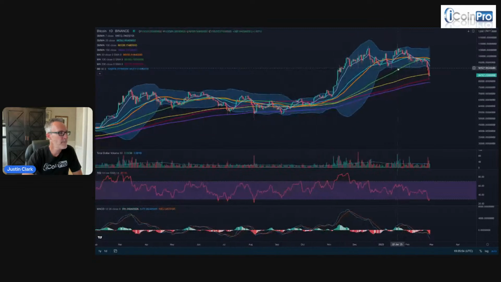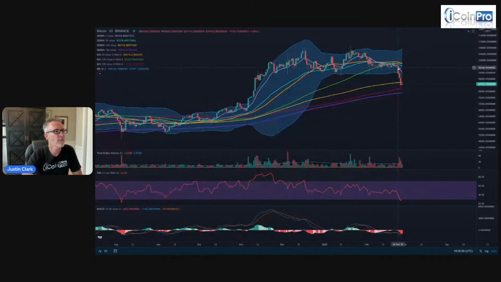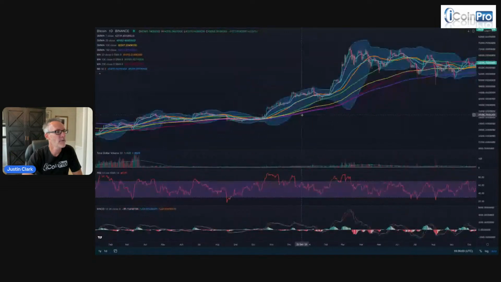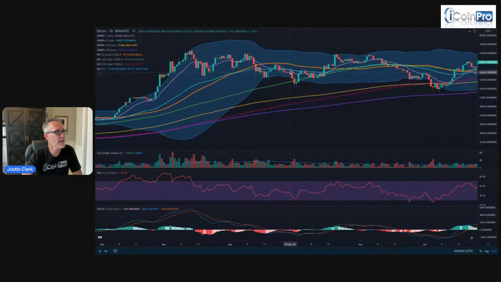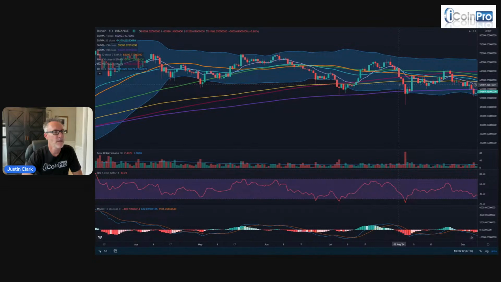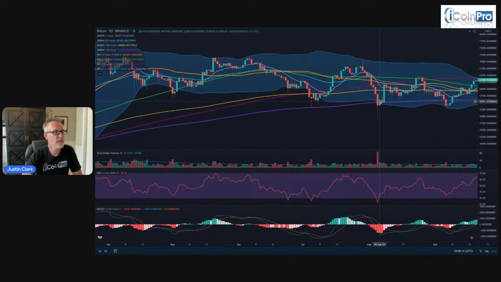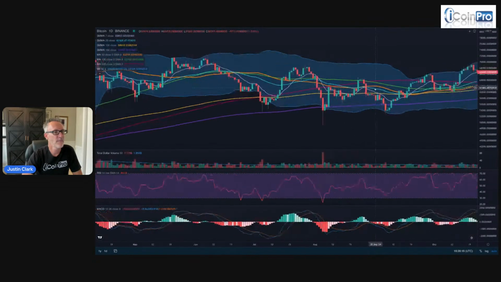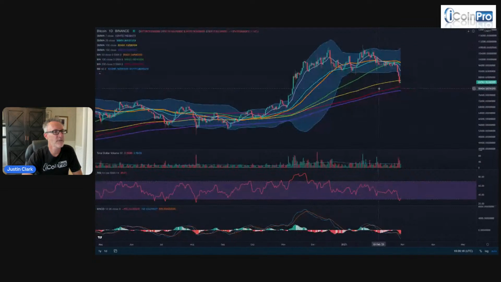One big difference here, we've got 1, 2, 3 days of negative trading. When we were over here, when we got 2 days, we got a green one and a bounce. Here we did have 1, 2, 3, but boy, this third day was bought right back up and in range. This time, we got a bunch of negative days. But we're trading outside of the Bollinger Band, guys. This is really, really different.